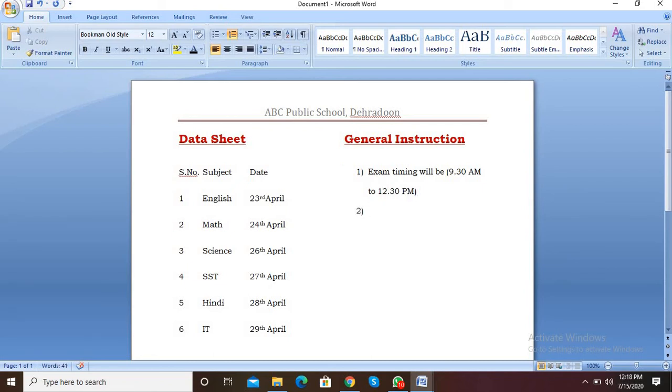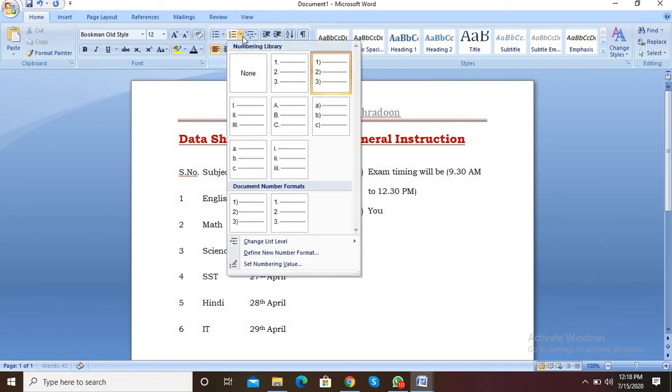Second one is, for the instructions you have to give the numbering, the bullets and numbering option. It is present in the home tab, paragraph group. There are the bullets and numbering options.